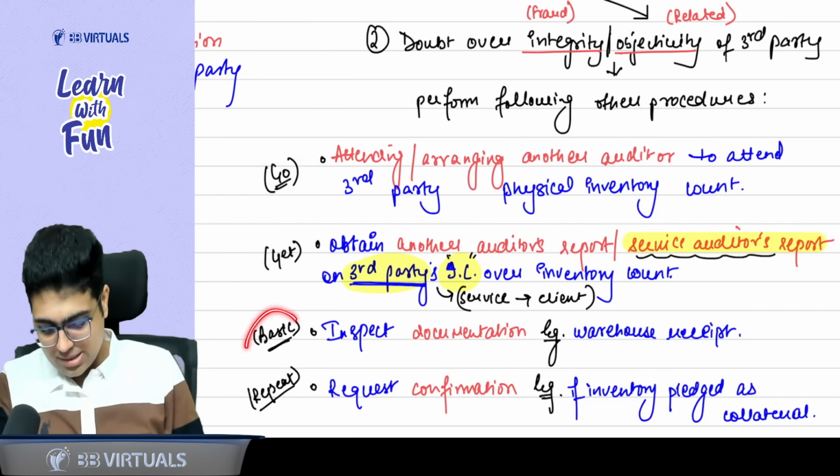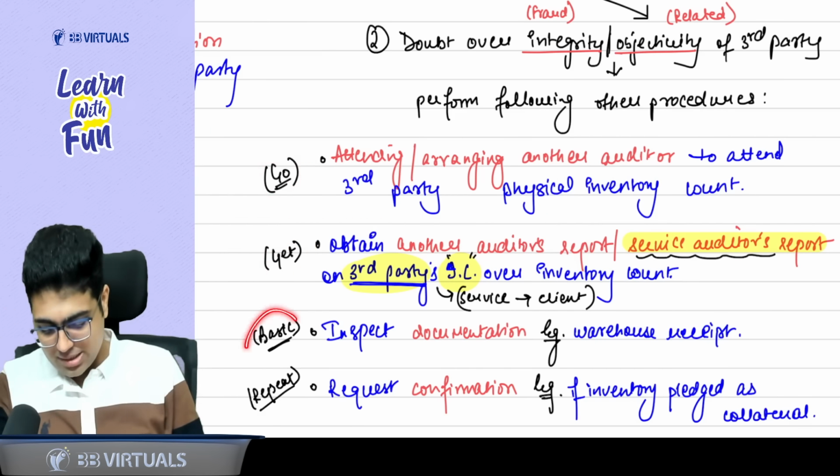So if we read these points from the book, everyone please focus. Inventory in the custody of third party. If the inventory in the custody of third party is material to financial statements, get evidence about the existence and condition by performing one or both of the following. First procedure is confirmation about the existence and condition of inventory. Second thing you can do is inspection or other procedure if required in the circumstances. What circumstances? If you have a doubt over the integrity and objectivity of the third party, then you perform some other procedure. What are these other procedures? Go, get, basic, and repeat.